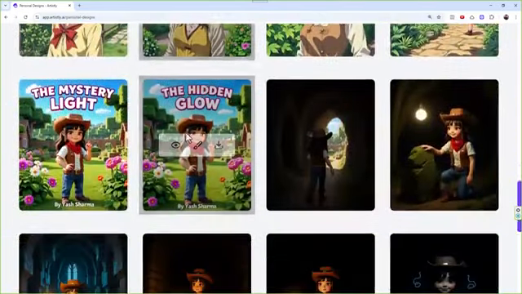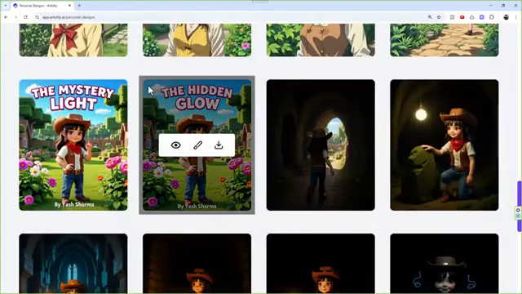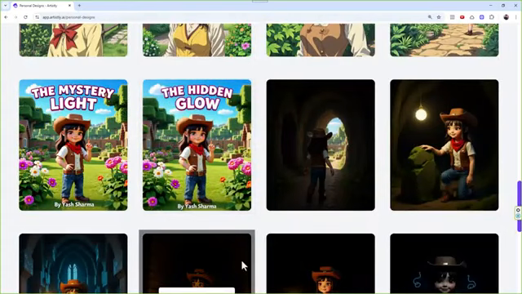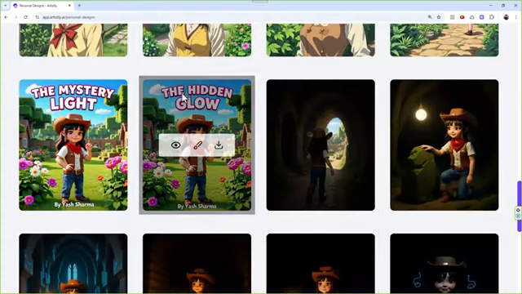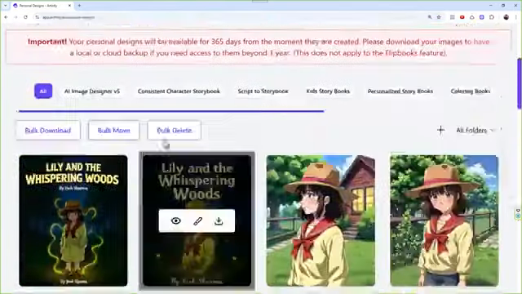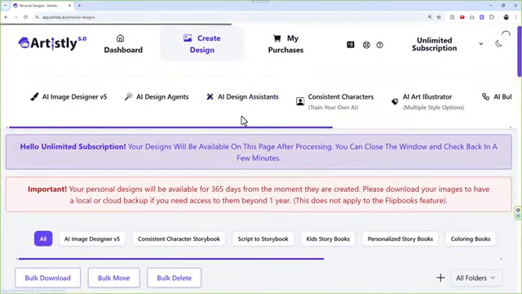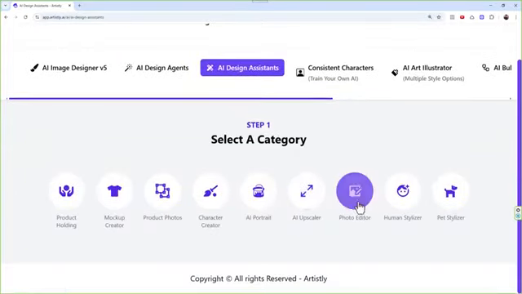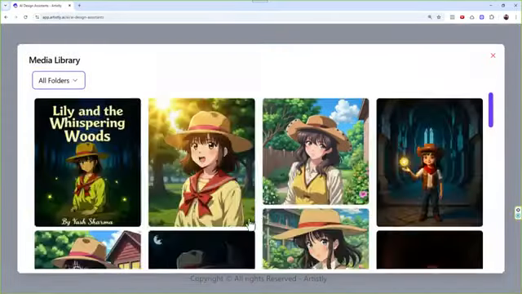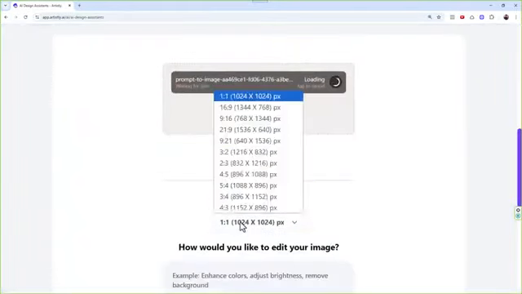And same thing, right? I created this cover, right? I went in to say, okay, I want to keep everything the same, but just change the hidden glow to the mystery light. Boom, that did that. And the same thing I'm gonna do for this, right? What I'm gonna do, again, Design Assistant, Photo Editor is your savior, guys, okay? As I'm saying, Photo Editor, choose from library. Okay, so I'm gonna do